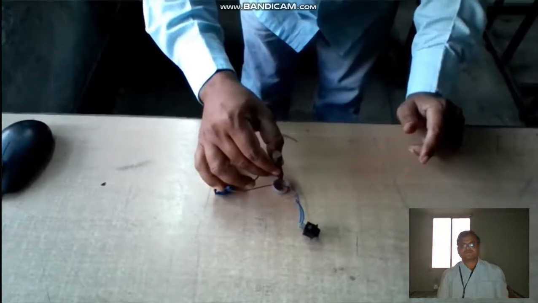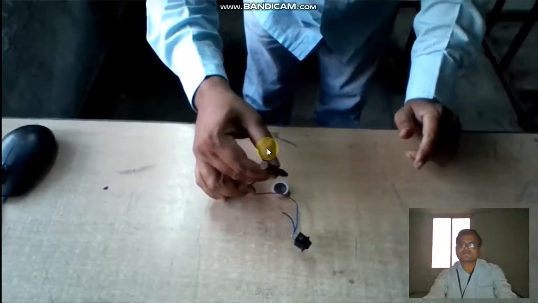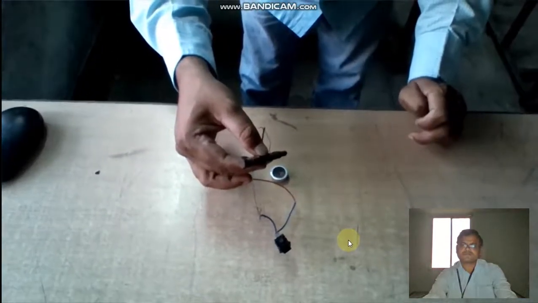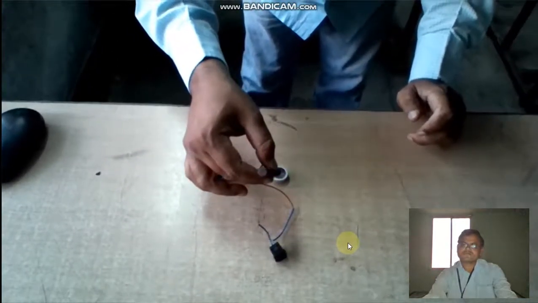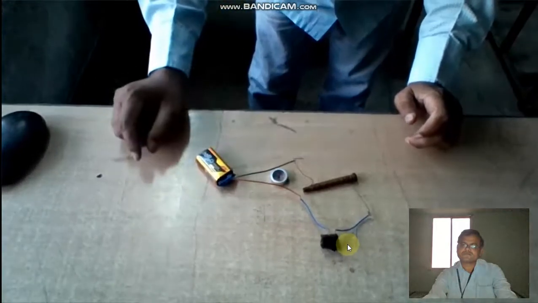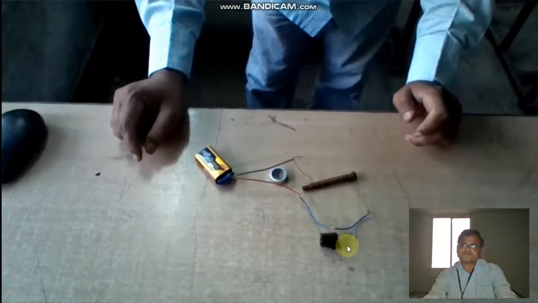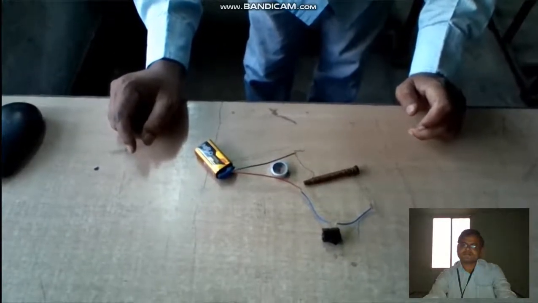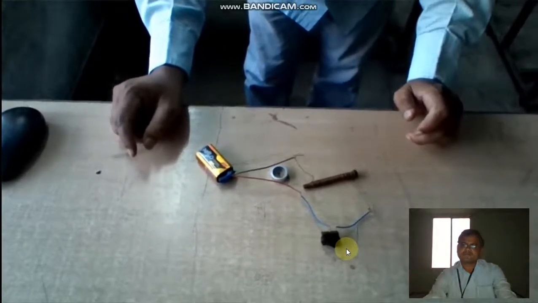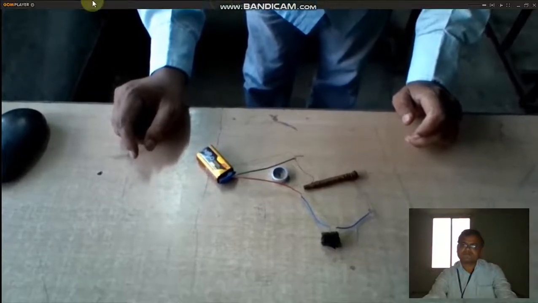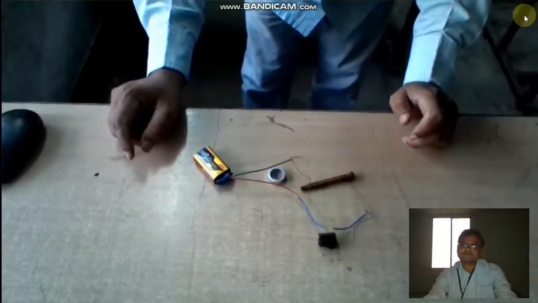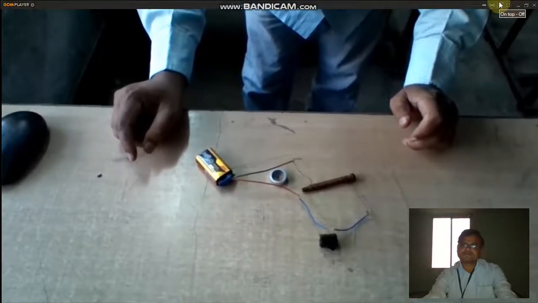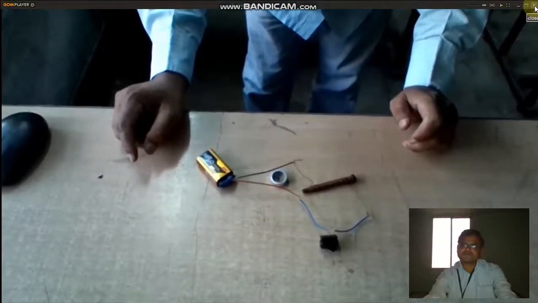Student, can you tell what are the utilities of this electromagnet? Okay, there are three uses of electromagnet. One is to separate ferromagnetic substances from a mixture of substances. Second, it is used in an electric crane to carry large weights. The third one is, suppose a ferromagnetic substance is dropped in our eyes, the doctor uses this electromagnet to bring it out from our eyes.